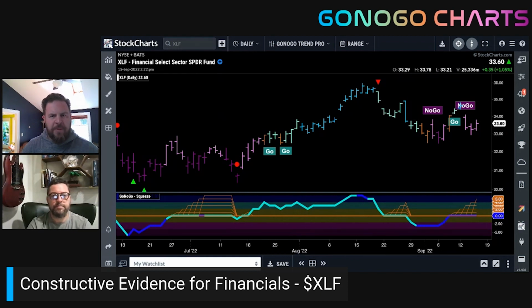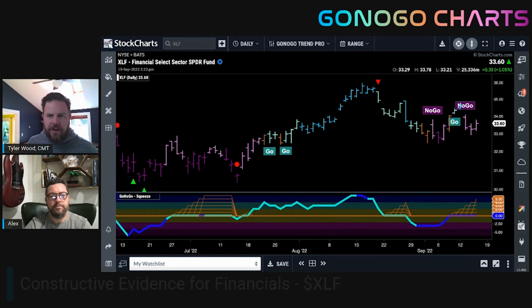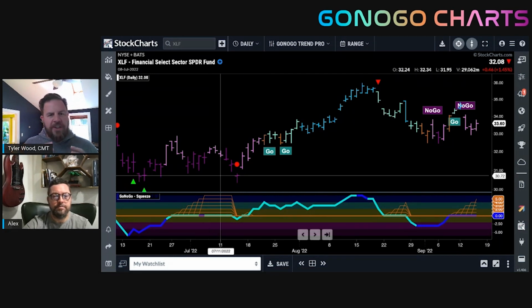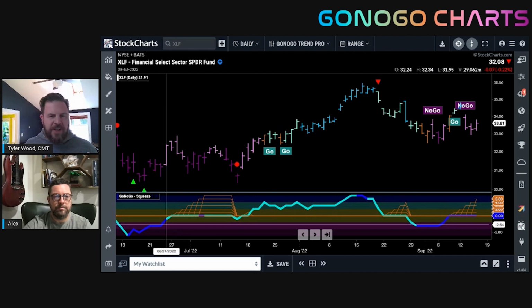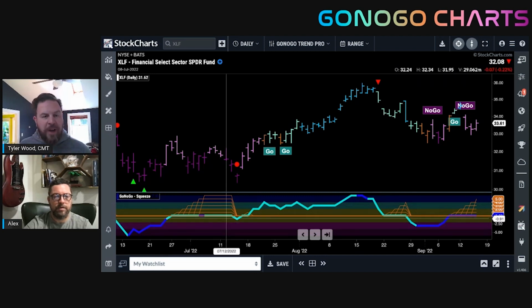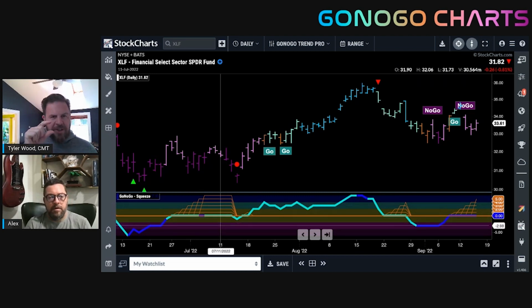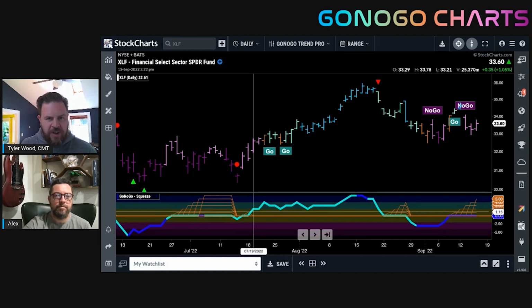Just for illustrative purposes, what we're seeing on the left side of the chart back in June and July is that tug of war between buyers and sellers when a security creates a bottoming formation. So we see a contraction in the range of price action, but then we're also seeing sustained neutral readings from a momentum perspective. Hence, the GoNoGo squeeze grid builds, climbs to its max squeeze, and then is sustained there. So when we see a break of the squeeze, the direction of that break can be a clear signal for where we are headed next from a price trend perspective.